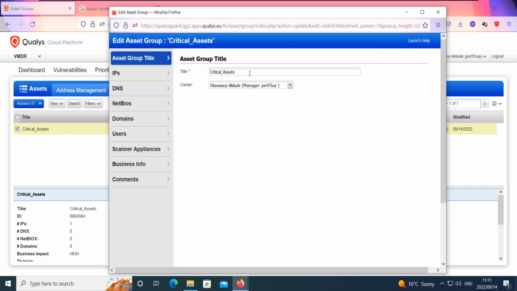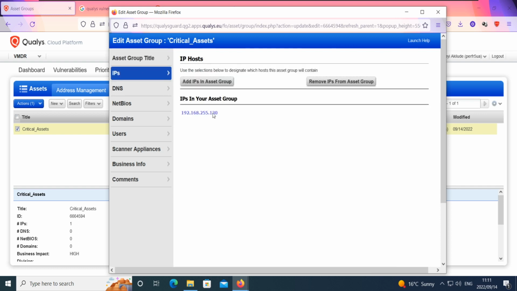So I named it as critical assets. This is the owner, which is myself, and this is the IP address that I want to add to that. So this is the IP address of my client's machine. So this is the IP address that I want to add to this critical asset group. Depending on the number of assets you have, you can add multiple assets to specific asset groups, and